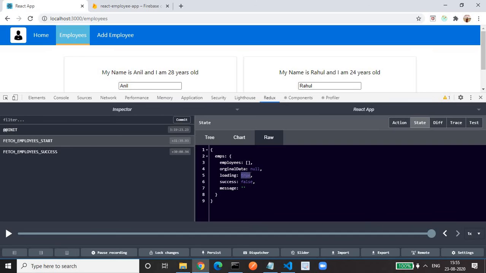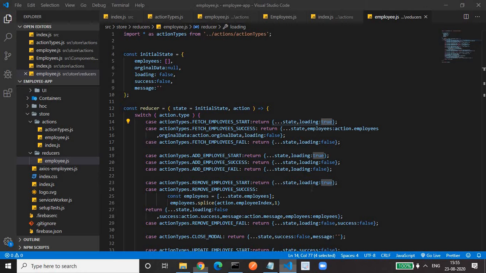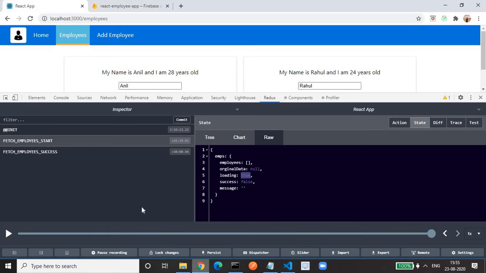If you see, the state is true. Here we are making loading true. Then this is the success action. This will be triggered when our data gets fetched successfully from our database. In this also we are only manipulating the employees, original data, and loading as false. So in the start, you won't see any data changes except loading.